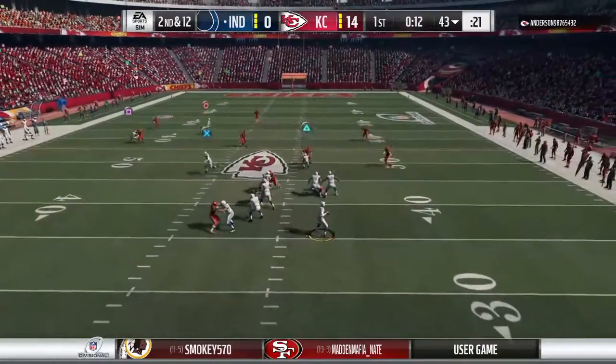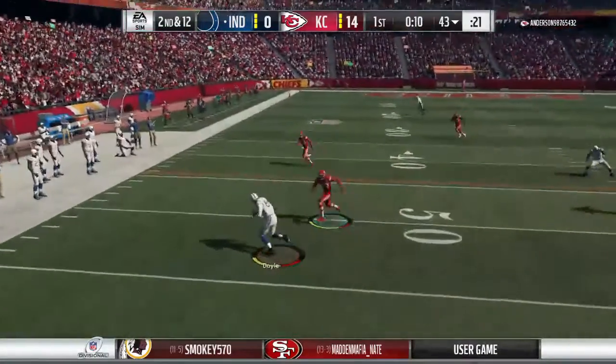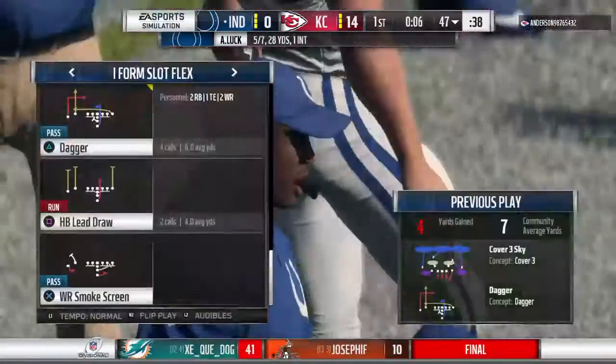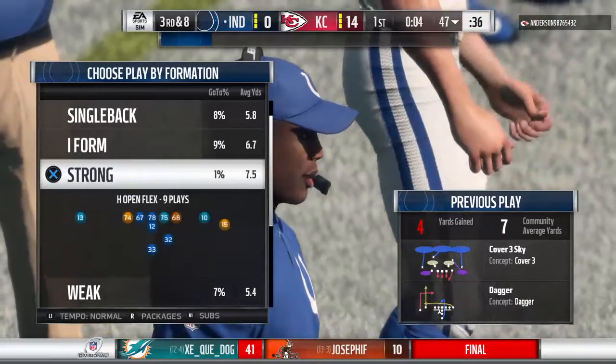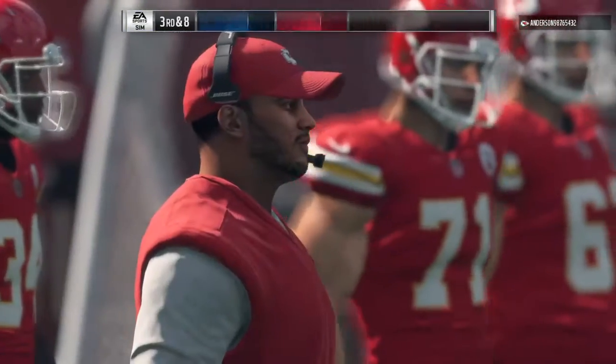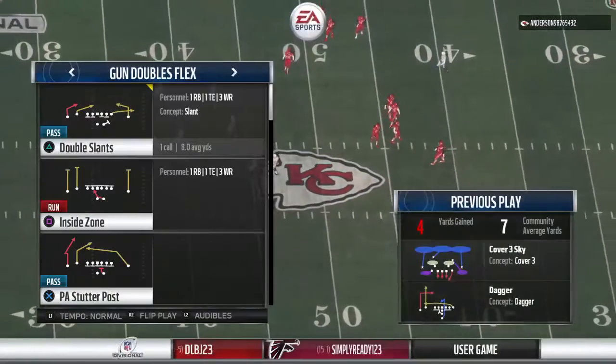Love. Looking left side, and he's got a man. It's Doyle. And he'll go down right around the 47 this time. 4 yards on the completion, and it sets up a 3rd down. Well, that was an okay hookup there with his tight end, but unfortunately, they didn't get the kind of